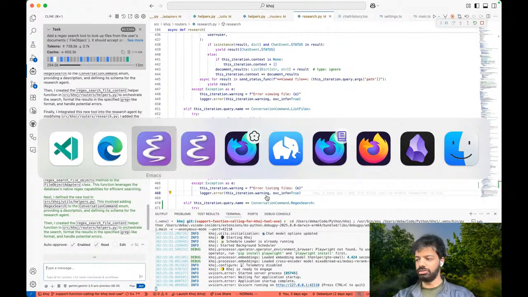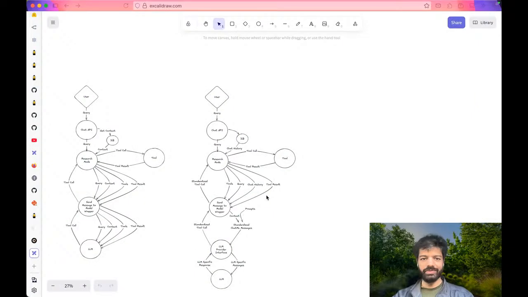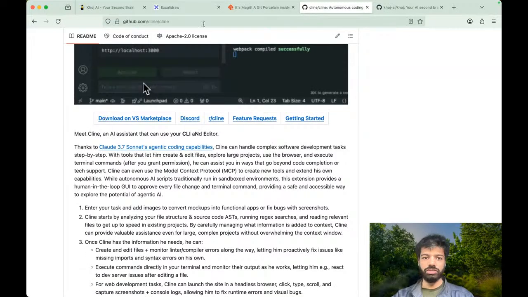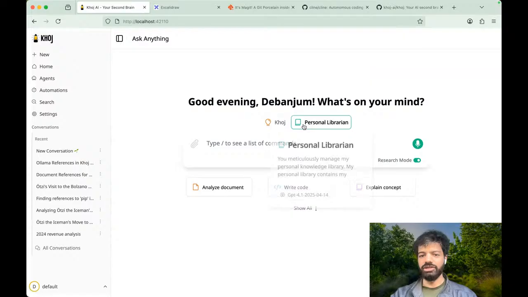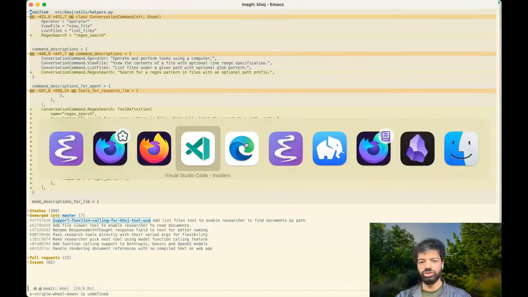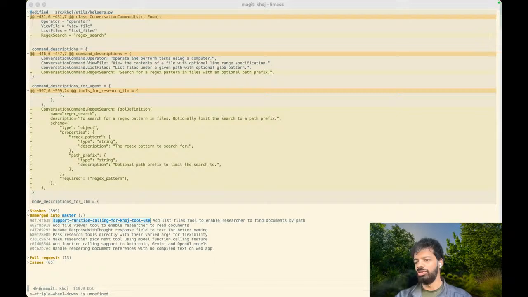Okay, Khoj is running right now, so let's just try and see if that grep tool that we added works. Where are we? Okay, sure. So I've created this person library, and it doesn't have access to online search for our purposes right now, just because we are trying to test out how the document search portions function. So I've just created a small agent for that.